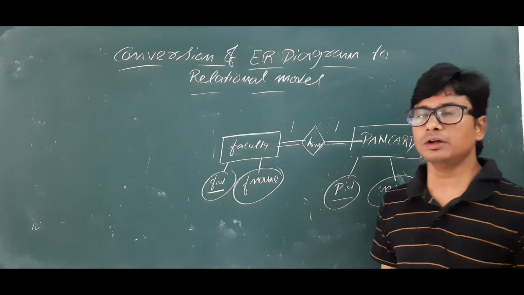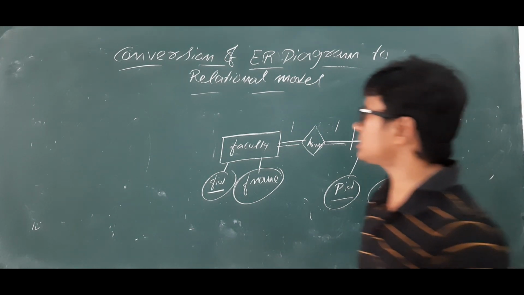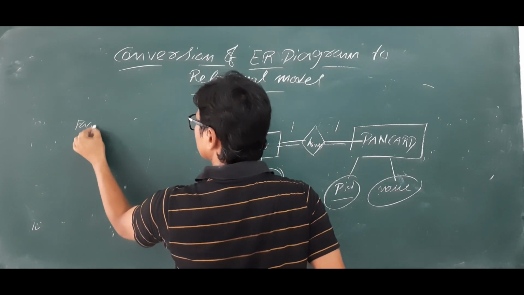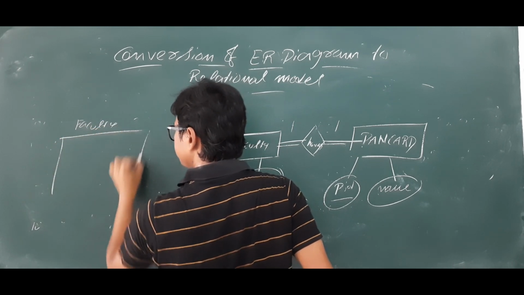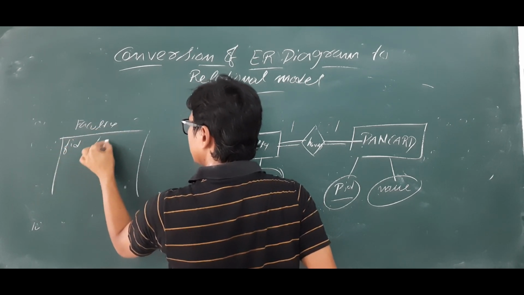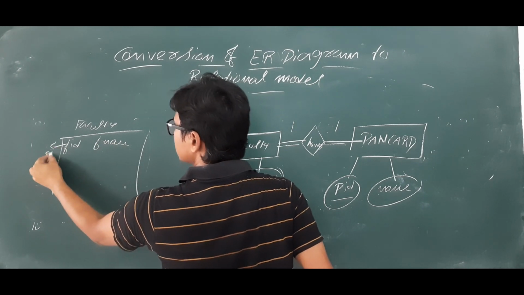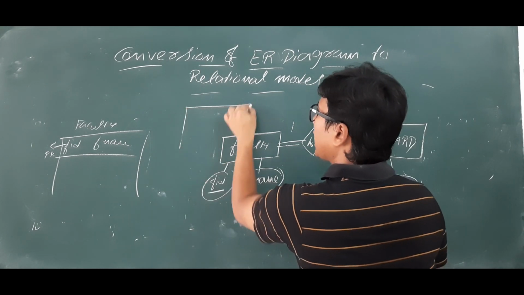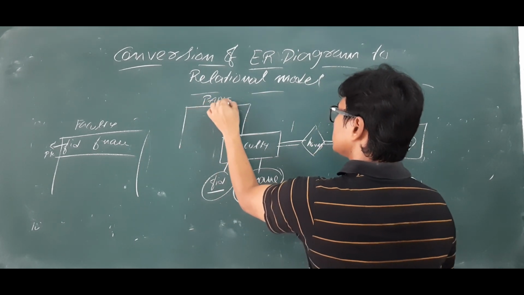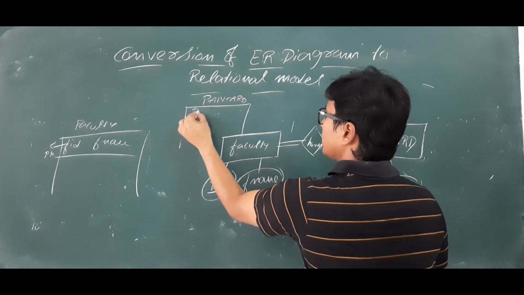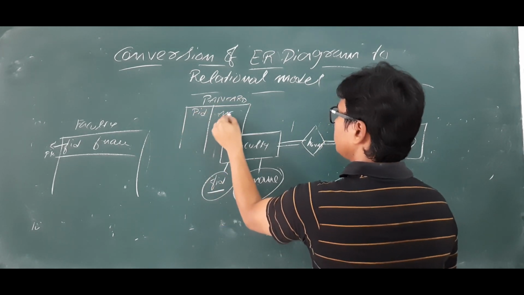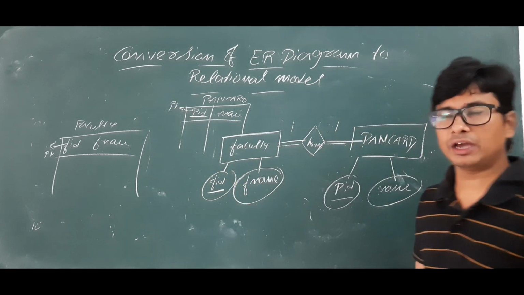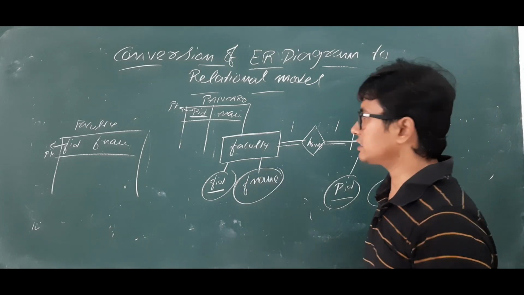Okay. Now what should I do? People will say, sir, you have 2 entities, so go for 2 tables. Faculty, which has faculty ID and faculty name. Faculty ID is acting as a primary key. This is one. And another is the PAN card table, where you have PAN card ID and PAN card name. In this case, PAN card ID will act as a primary key. Yeah, this is good. Till now we have discussed all these cases so that you can easily construct like this.